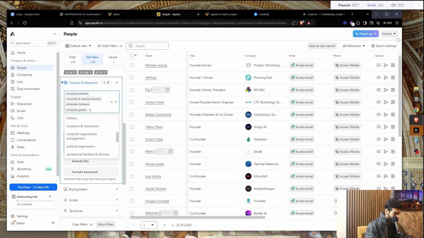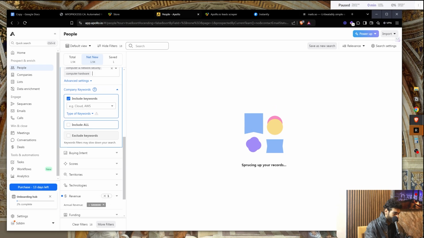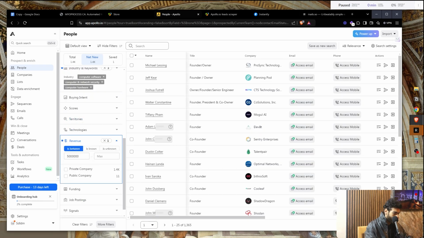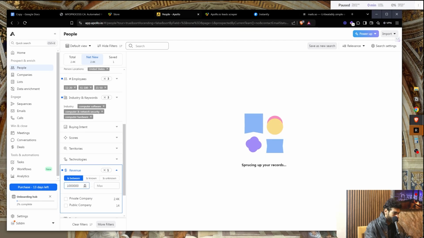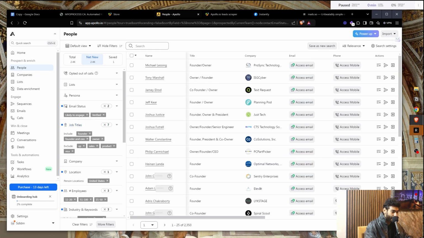Security investigation. No, I don't want that. Okay, so what I'm going to do is I will just filter by revenue, and I'm probably going to do 1 million. That's pretty good. Yeah, all right, 2.4K. So the next thing I'm going to do is I'm going to copy this URL, and